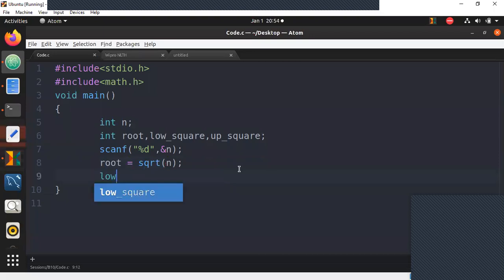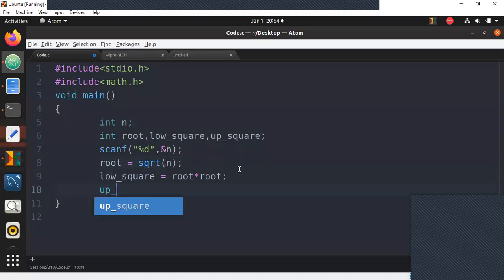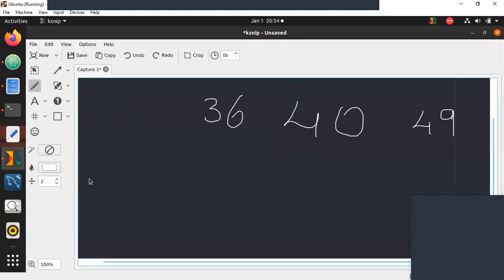Low square is root into root. That's it. You found the square. Then up square is root plus 1 into root plus 1. Since the root value is 6, low square is root into root and up square is 6 plus 1 into 6 plus 1. We have found both the values.